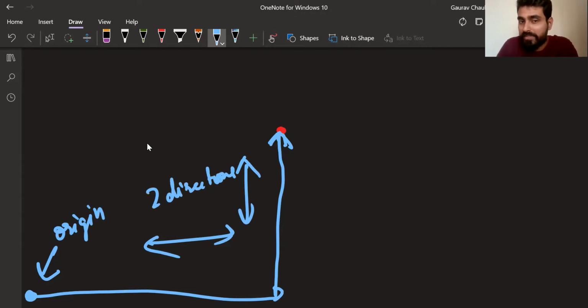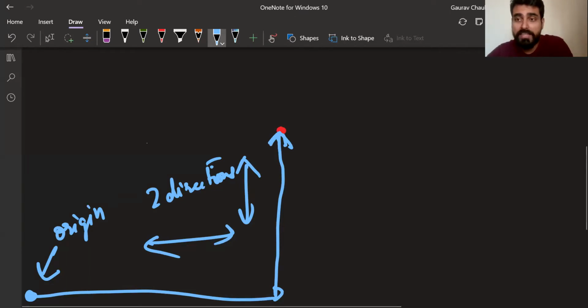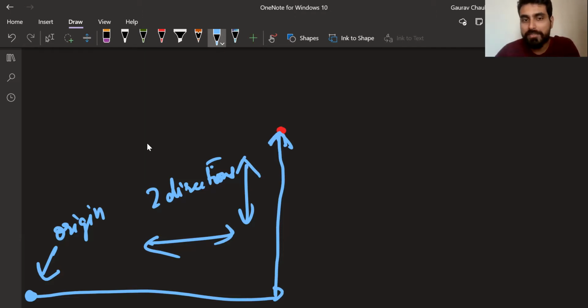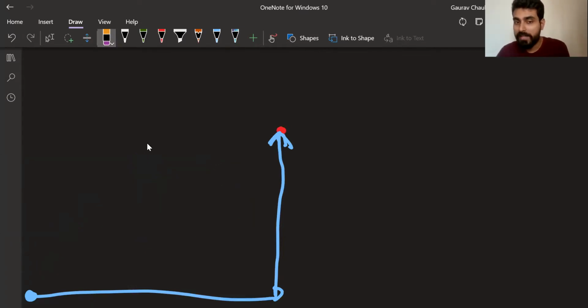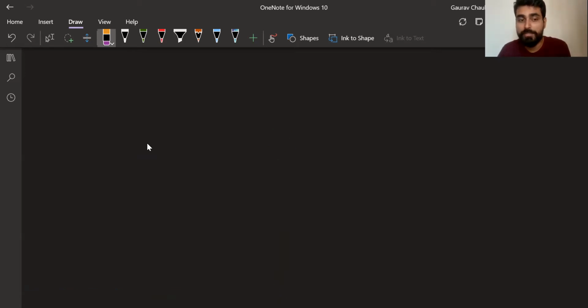With this much information, I can communicate to any person which point I am talking about, how to locate a point on a plane or a flat plane. When we go to 3D, instead of 2 directions, you will need 3 directions. That's beyond our syllabus in 10th grade, but it is beautiful to study when you go higher up, and it will be used a lot in physics also.